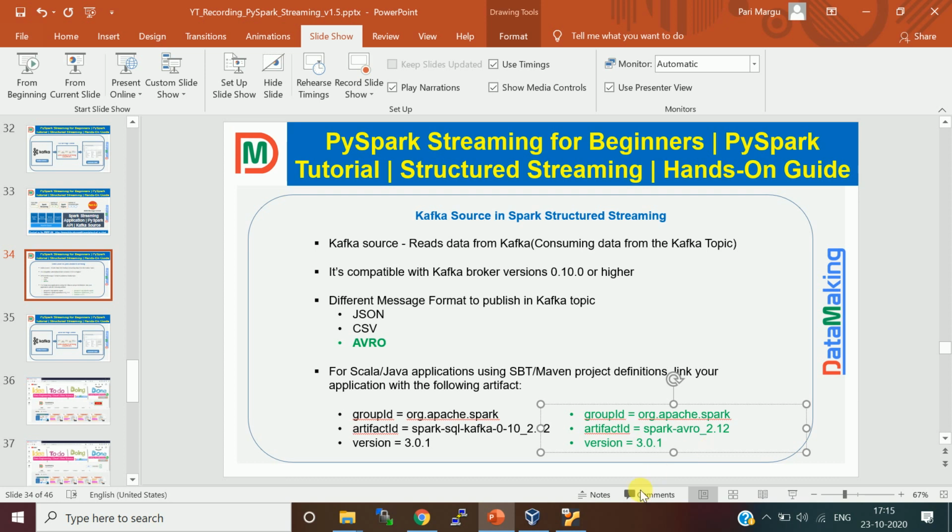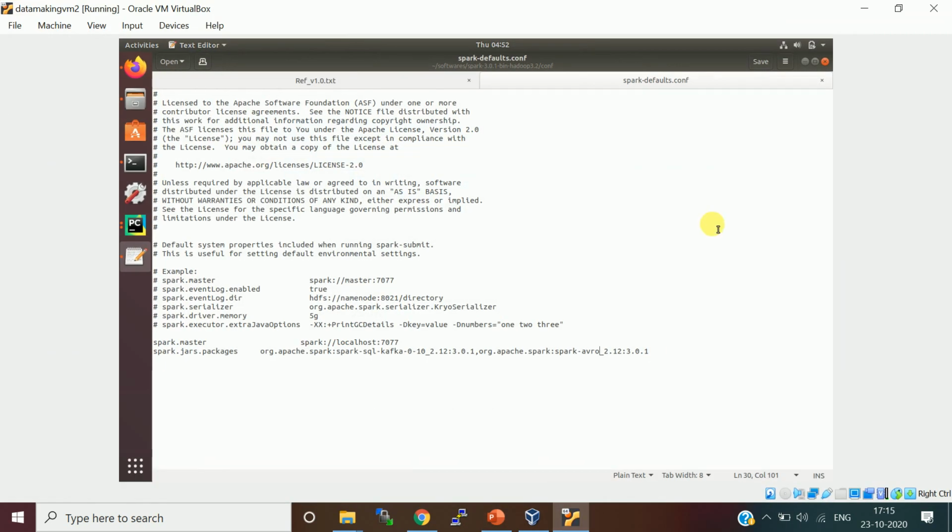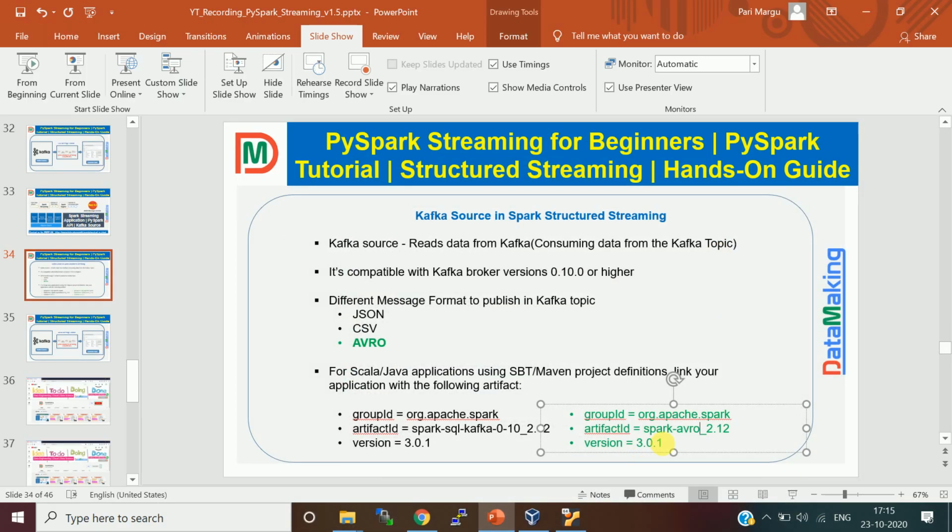So it is going to be spark-avro_2.12, and that is your artifact ID. The group ID is the same, org.apache.spark, the artifact ID is spark-avro_2.12, and the version is 3.0.1. Okay, so this is going to be your artifact information.